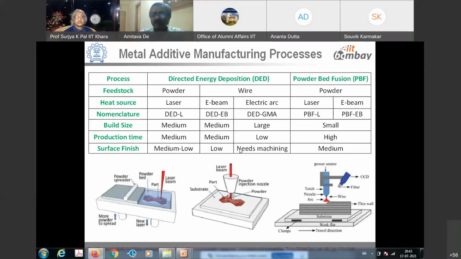At the same time, we know that when such deposition is directly from a filler wire under an arc, the control on the rate of heat input and volume of melt is much lesser compared to a case where a powder is melted under a finely focused laser. Of course, the surface finish in such a case, under a directed energy deposition process with a gas metal arc assisted filler wire, would suffer.